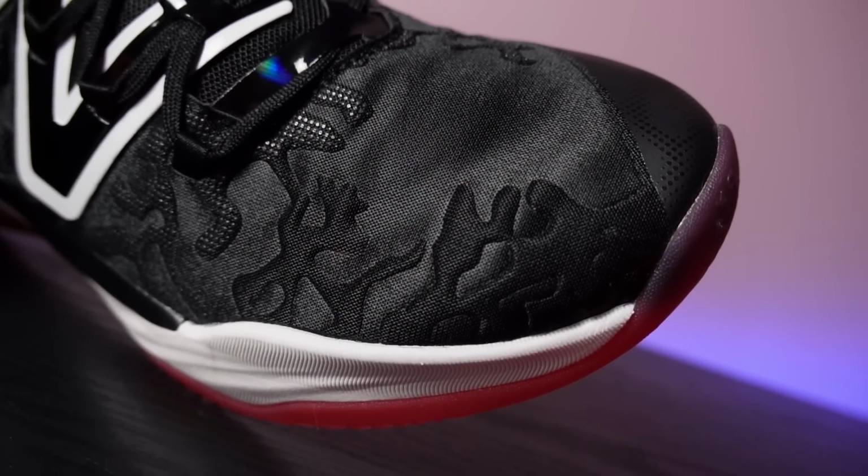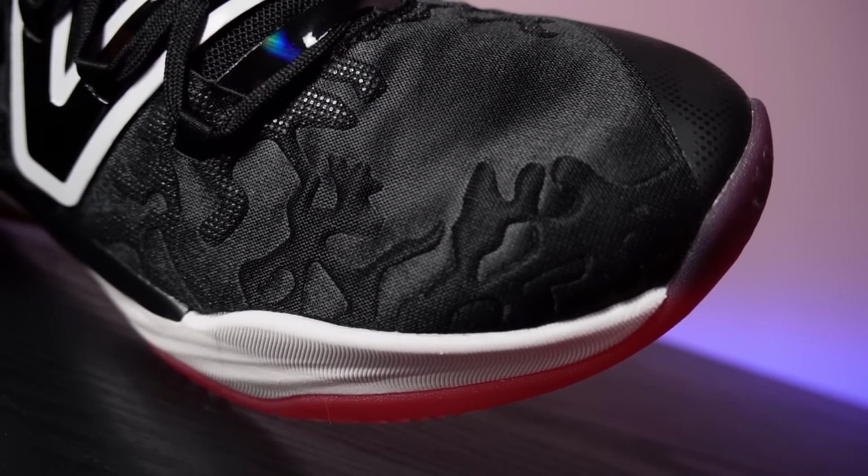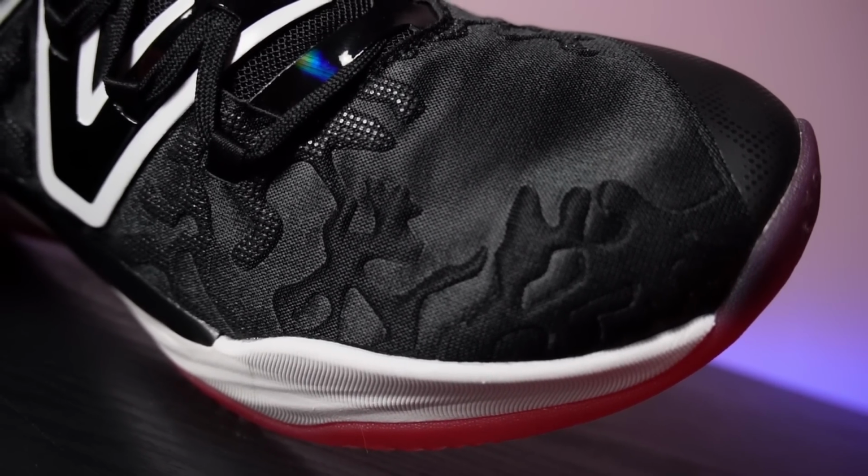It feels very comfortable around your foot. You've also got a little toe rand right here just for a little bit of added durability where you need it, and that combined with the fit, man, this is one of the best uppers on a shoe in a while. I didn't experience any durability issues indoors with these. If you take them outside, I don't know. If you take these outdoors, the traction's gonna wear out first, but those uppers are probably gonna wear out pretty